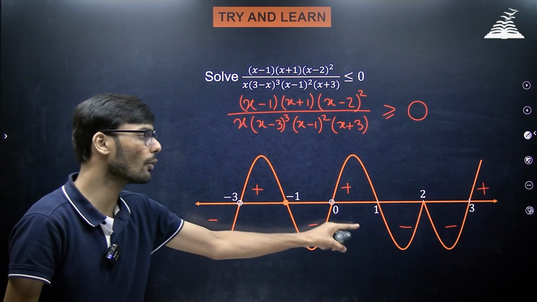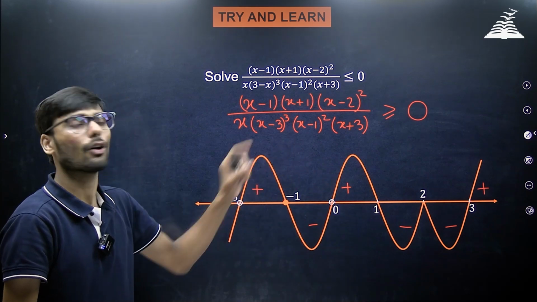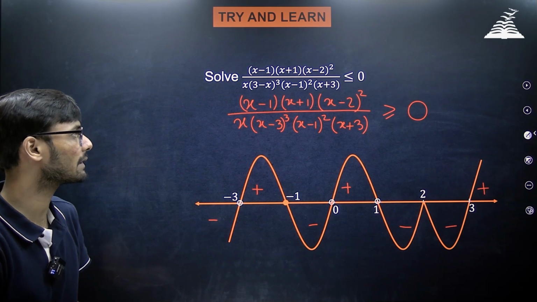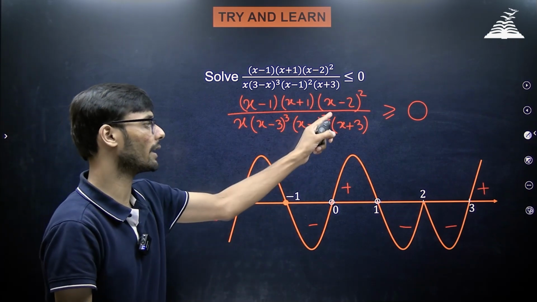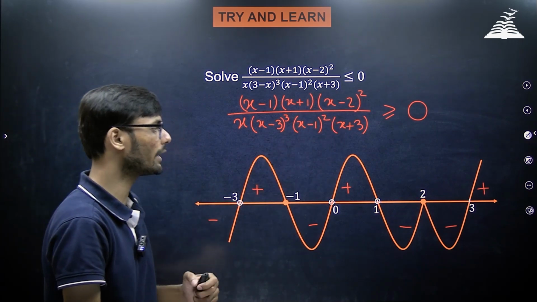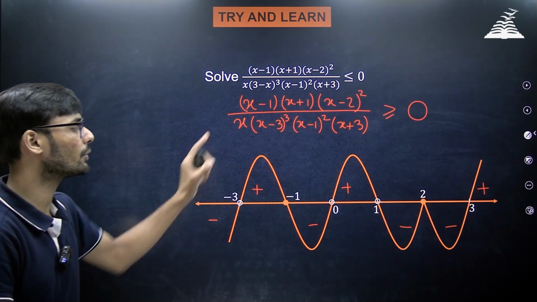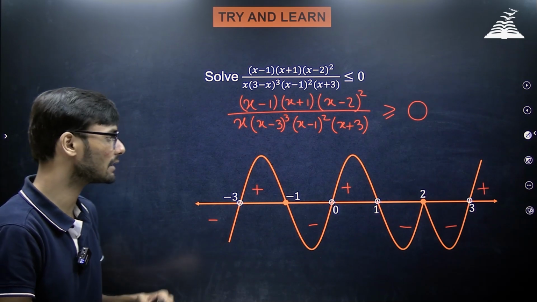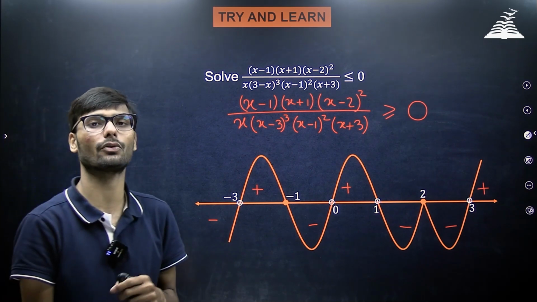What about x is equal to 1? It's in the denominator, so again a hollow circle at 1. What about x is equal to 2? That's in the numerator, so we can include that point. What about x is equal to 3? X minus 3 is in the denominator, so we can't include 3 in our answer. So hollow dot at 3.